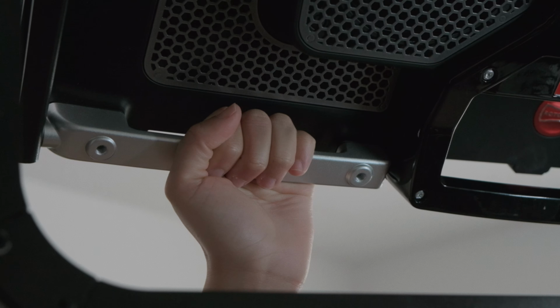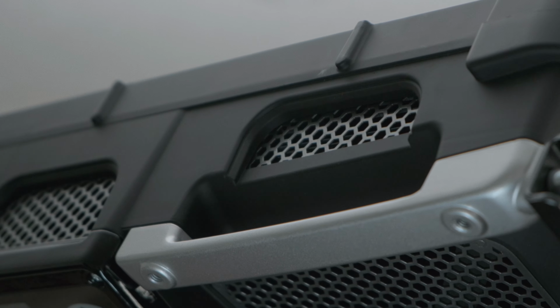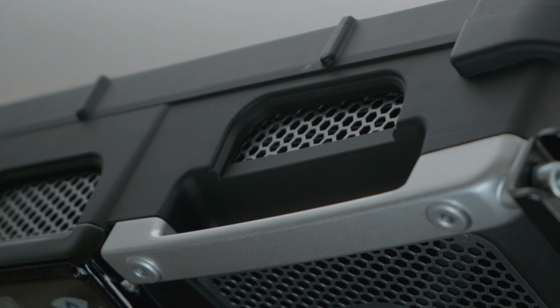Another nice thing about the build of these units is that they have handles built in on the top and bottom of the frame, so they're really easy to carry. So that's a nice touch. The X2 isn't so heavy that you couldn't do it. I can lift it with one hand. They're also easy to place on the ground vertically. Not vertically, I guess horizontally, but standing up if you were so inclined. It certainly makes things easier when you're just able to put the light down